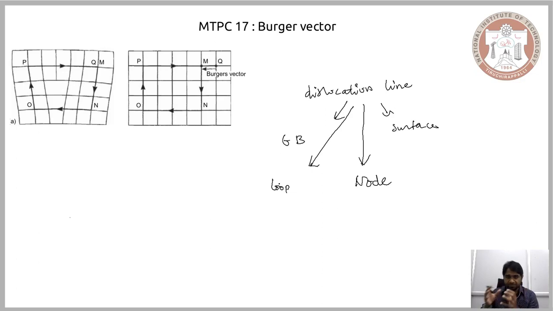So in the subsequent lectures we will be considering, now so far we have considered how we can understand the interaction of a dislocation in a node. In the subsequent lectures we will be talking about dislocation in the form of a loop, and also the interaction of a dislocation with the surface. The reason we need to talk about these, and also the interaction of the dislocation with the grain boundaries, is because this is how physically a dislocation is present in a system.